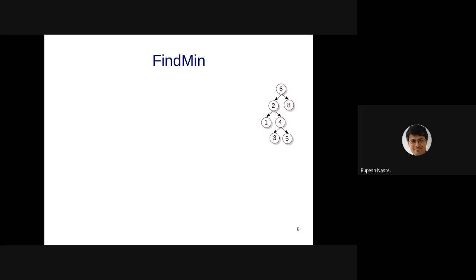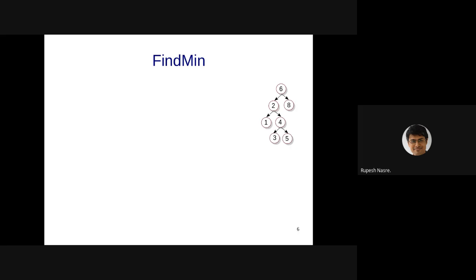Yeah, PTR equal to PTR. But Aniruddha, still either a loop or a recursion is required, but otherwise it seems to be fine. So good. Some of you have written this, and all of you agree that the minimum is always going to be the leftmost node, right? So that should be understood.